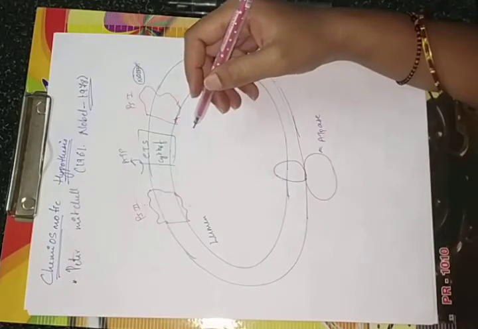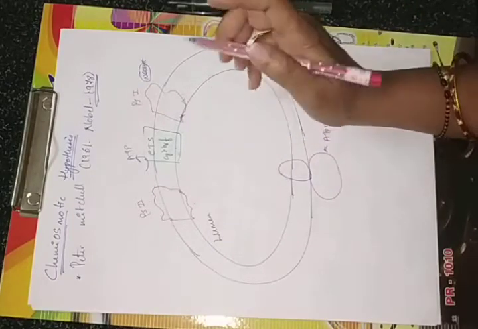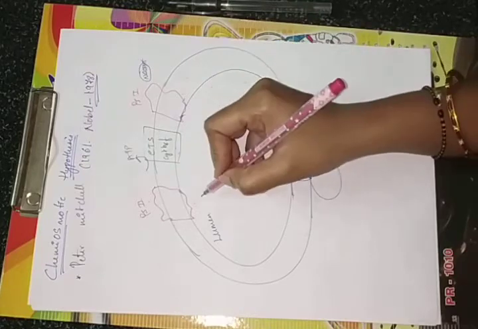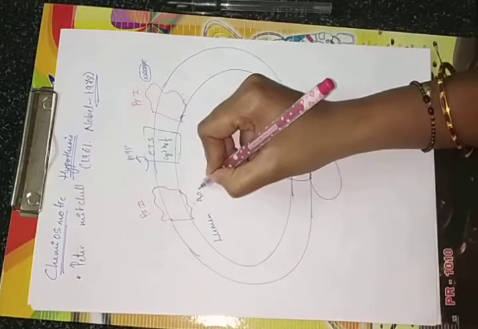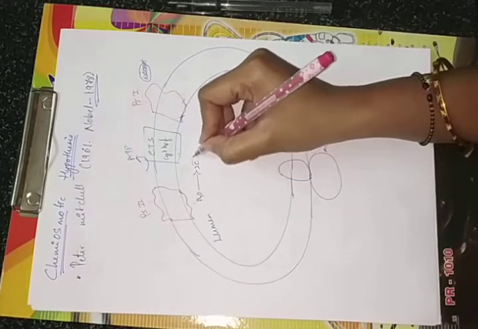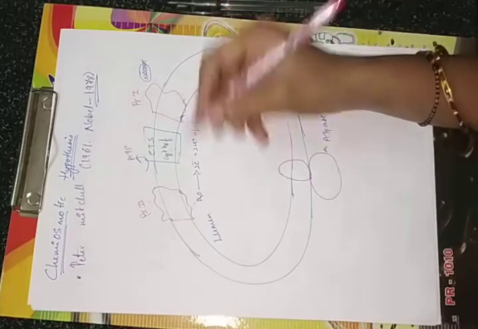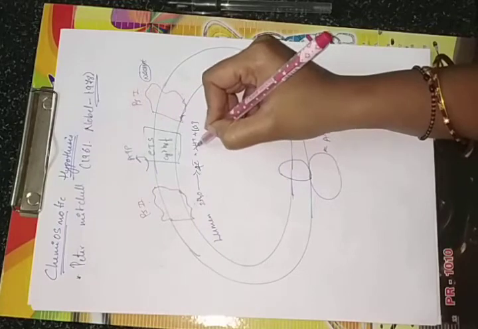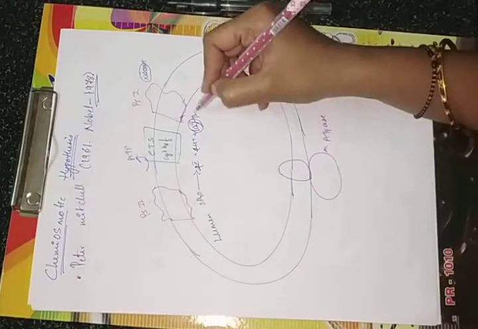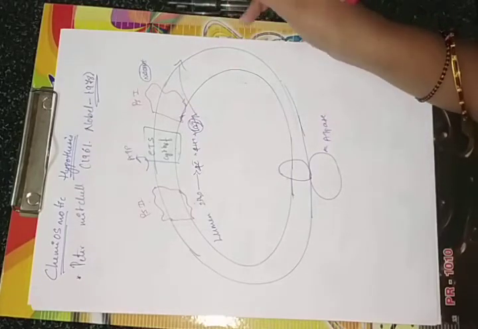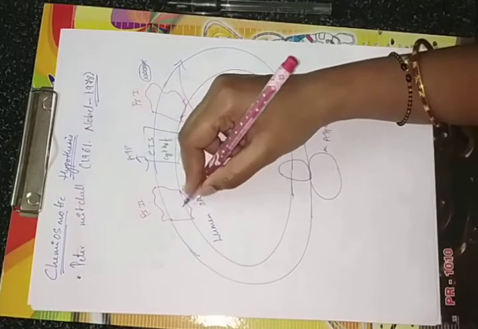Let me focus more. When water undergoes photolysis on the inner side of the thylakoid membrane, water will be split, then 2 electrons, 2 hydrogen and half of an oxygen will be formed. When 2 water molecules split, 4 electrons, 4 hydrogen ions and then 1 O2 will be released. This O2 is released to the atmosphere, don't worry about that. These electrons are going to fill the excited electron's place.